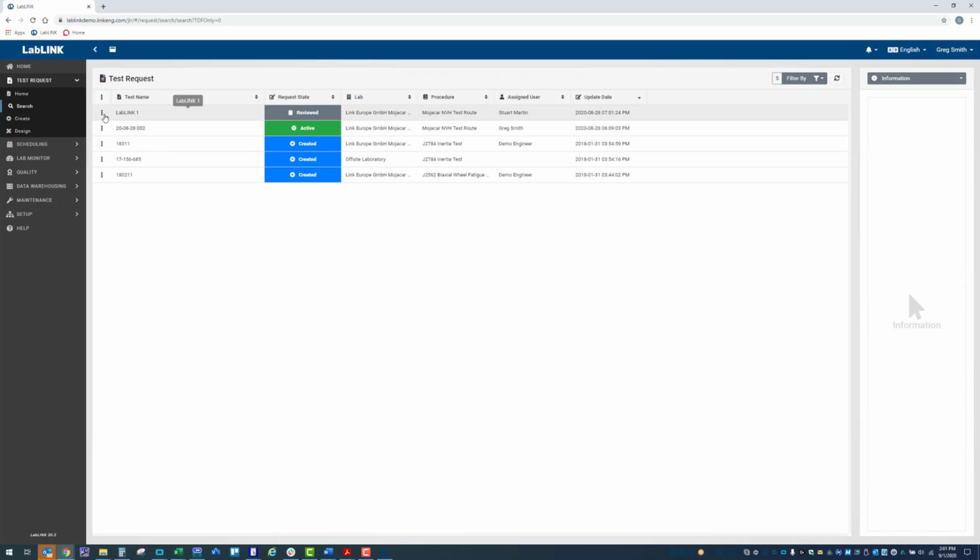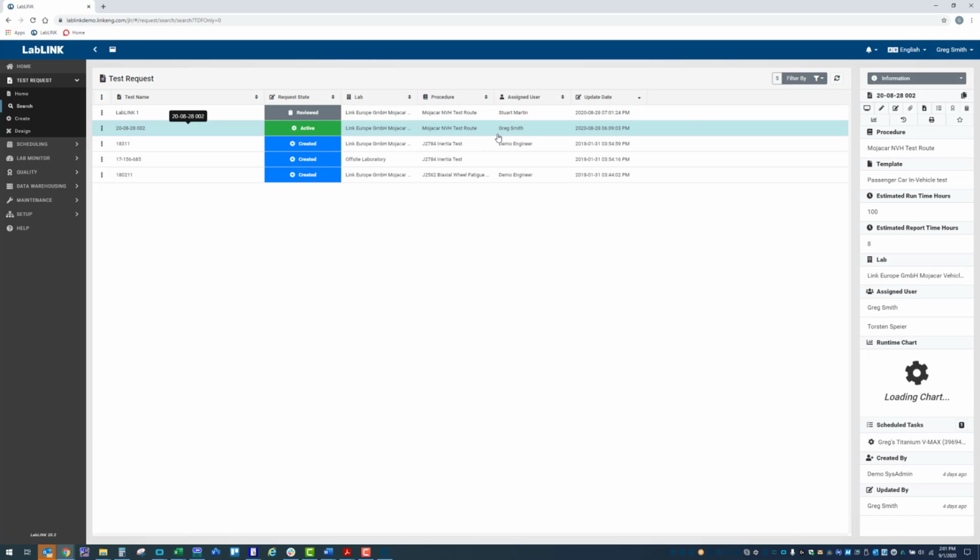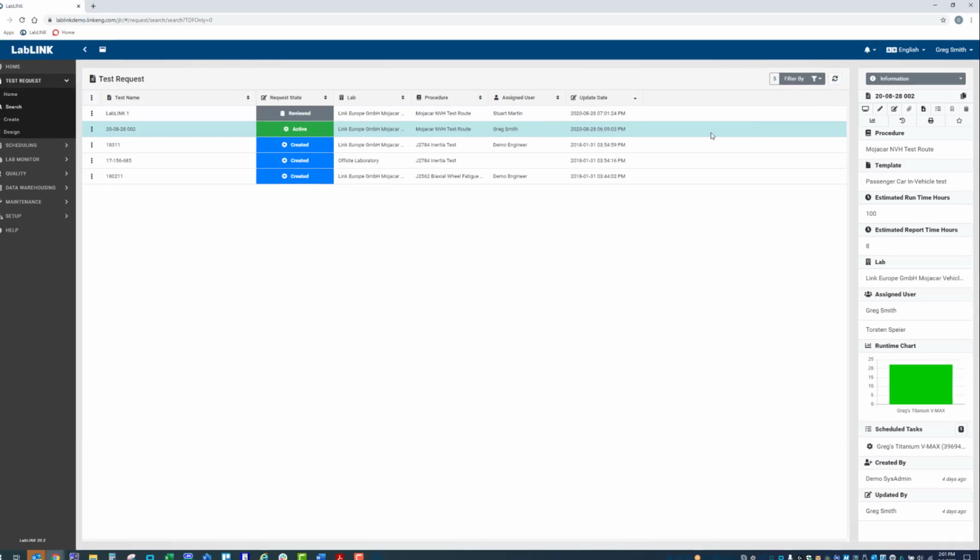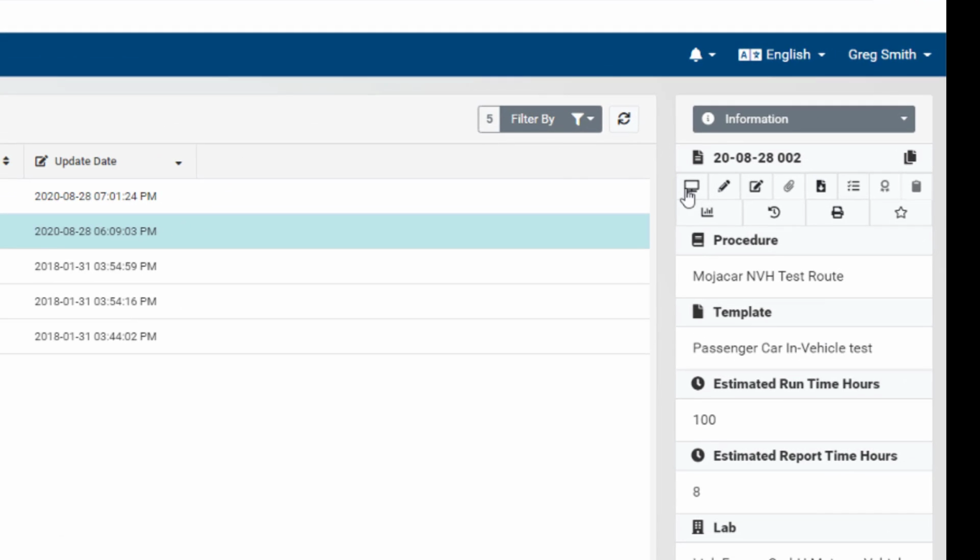but we'll notice that LabLINK 1, this is the test that you'll be specifically interested in, is here, as well as this one here that is showing as active. Now this is one that I actually have data going to. So if I was to click on this test request, got all kinds of different options that we can do here. One of which would be obtaining the test data